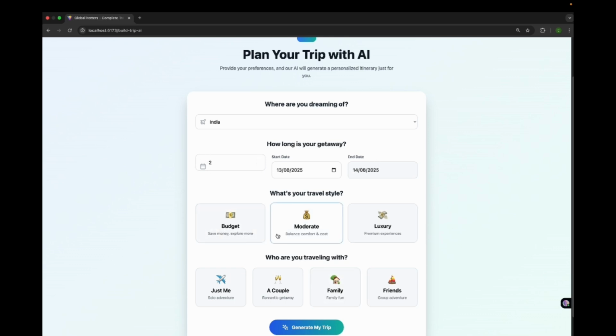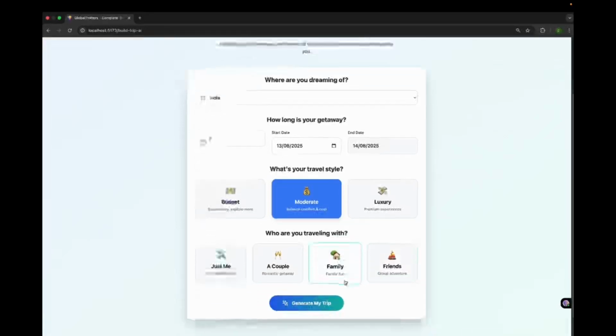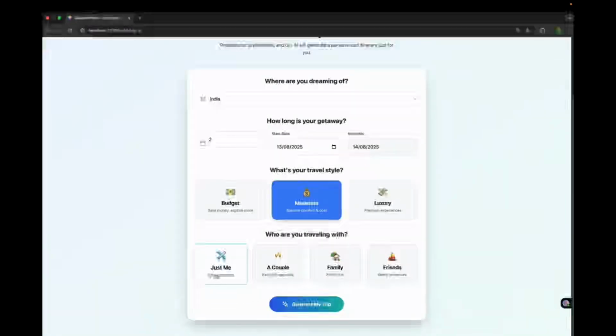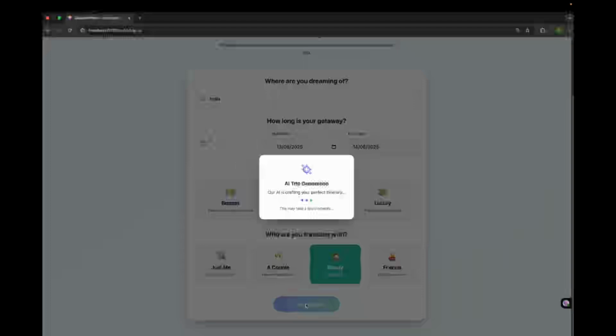Then what is the user's budget? Is it budget friendly, moderate, or luxury? Let's click on moderate. And how many of them are traveling with the user? Is it just the user, a couple, a family, or friends? It's a family, and let's generate a trip. So here the AI will generate the whole trip according to the inputs given by the user,